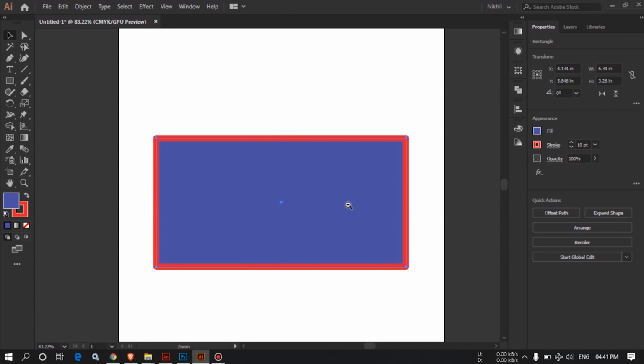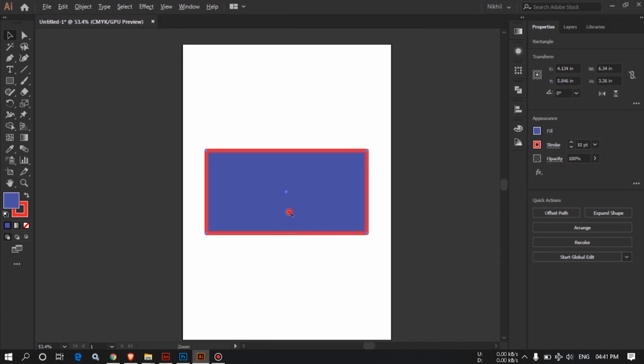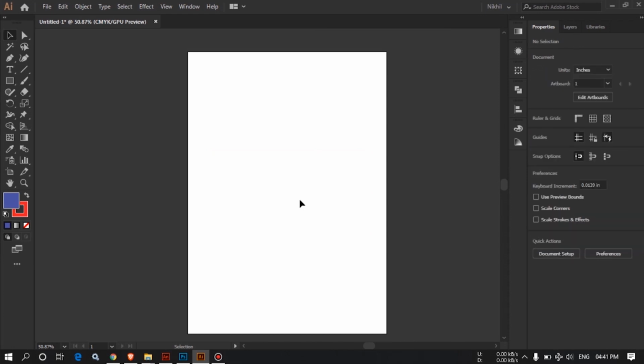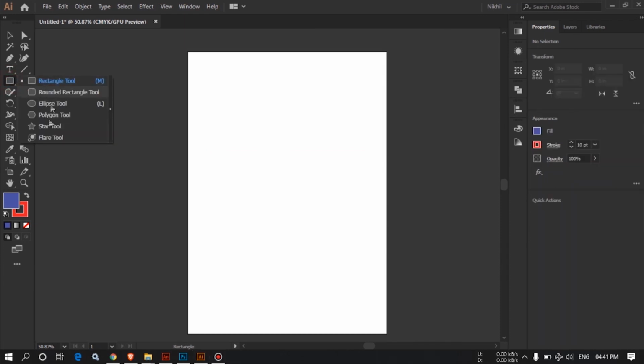Now I want to tell you about a square. Here we have made a rectangle. Click on it, delete. Now we want to make a square. Here you can see there is no option for a square. So how can you make a square? Just select the rectangle tool. By this tool we can make the square,